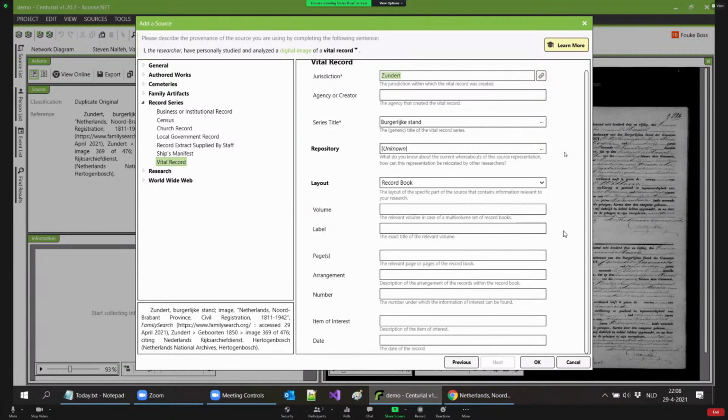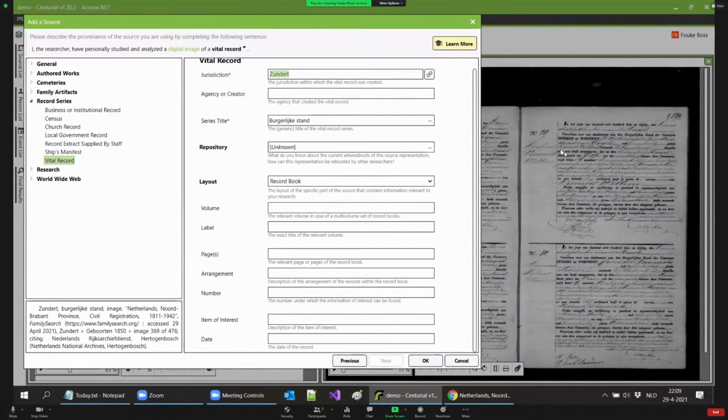So the first thing I always like to do is add the additional details. By now, I've done this so many times that I know them by heart, but usually you look at the original document for this. So let's put in some additional detail: births for the year 1853. That's the label on the cover of the book, but then in Dutch, but I'll skip that for now. It's on page 9, certificate number 29, which is about Vincent Willem van Gogh. And the date of this source is the 31st of March, 1853.